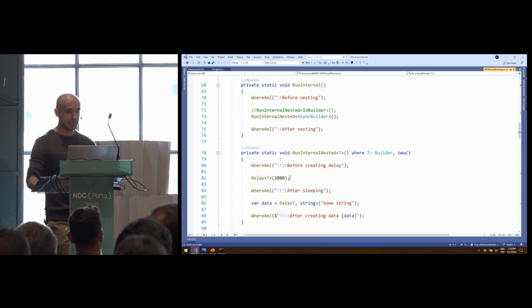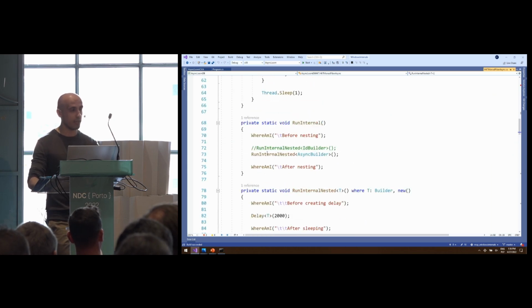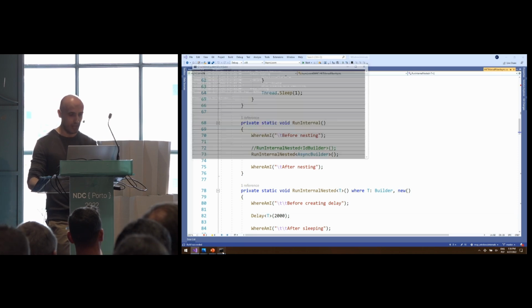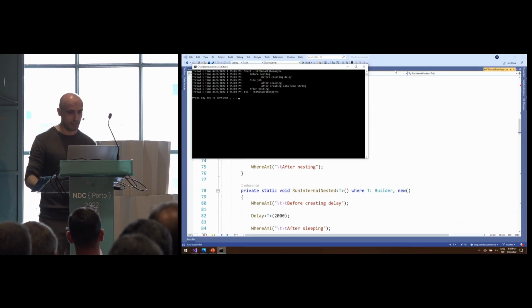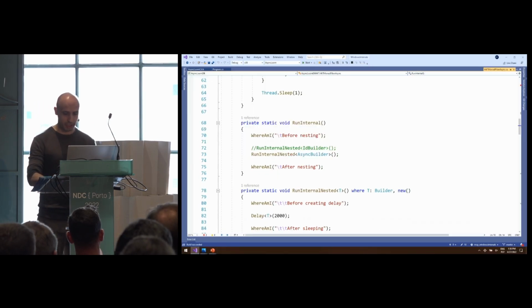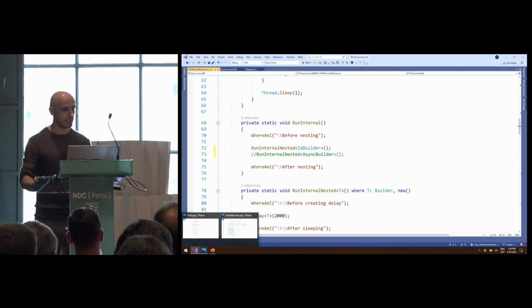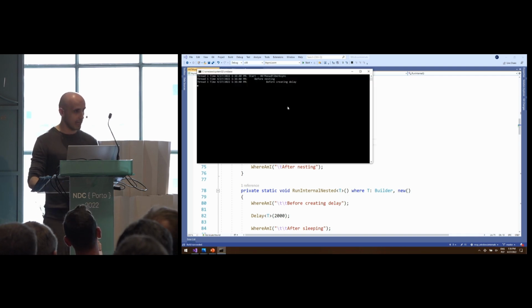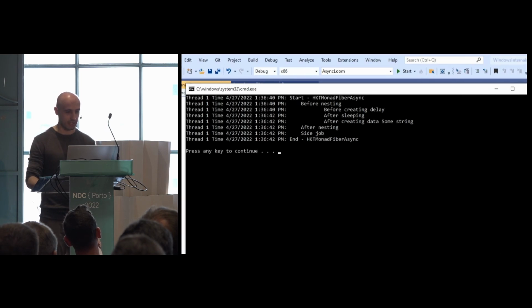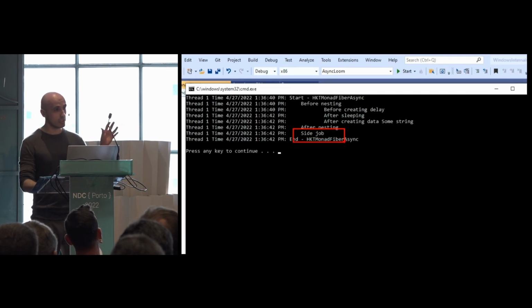And again, the idea is, if we do it this way, we can control it from the very top. So see, we can again get the 2-second sleep as needed. We can get the side job interjected in between, but just by changing this one little parameter, generic parameter from asynchronous box to synchronous box, what we get now is that the side job is executed synchronously at the very end. So this is what we can do now.